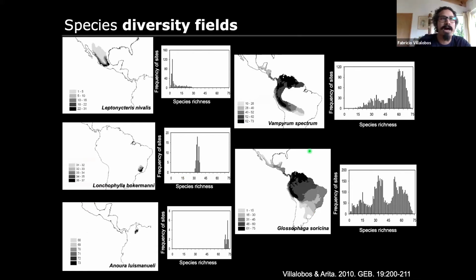And here I'm just putting 5 particular examples that go from species that co-occur with a low number of species. They don't like to co-occur with other species, in this case, particularly bats, and with this particular bat, which is the tequila bat. But we have other species that co-occur, for example, this one down here, that co-occurs with a lot of other species. So we have like a distributional footprint of that particular species, a tendency of the species to occur in species-rich or species-poor regions, or in particular centers of origin, or cradles or museums, and we're going to discuss that later.